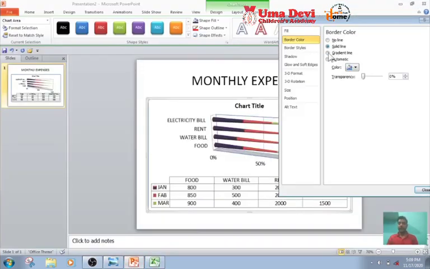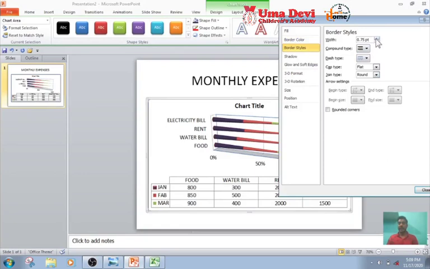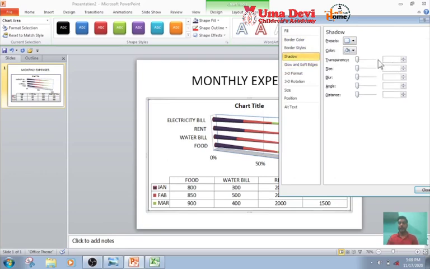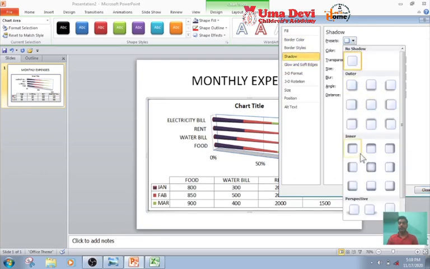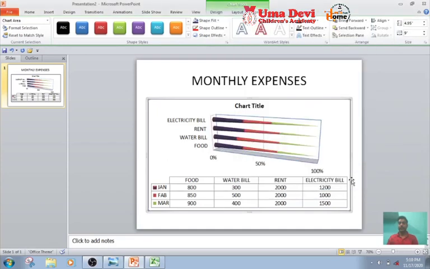Border color, we can select of our wish. Border style, everything we can change, whatever we like. Shadow. Then we will click on close.